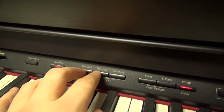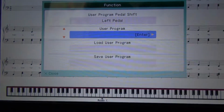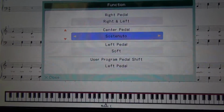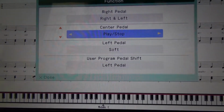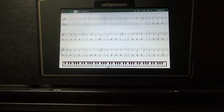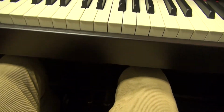Let's go back into our function menu. And what we're going to do now is learn how Mario is set up, and then we'll hear a performance of it later. Now we're going to set the center pedal to play and stop. What this is going to do is the center pedal is going to start and stop our file, whatever is loaded on our Digiscore